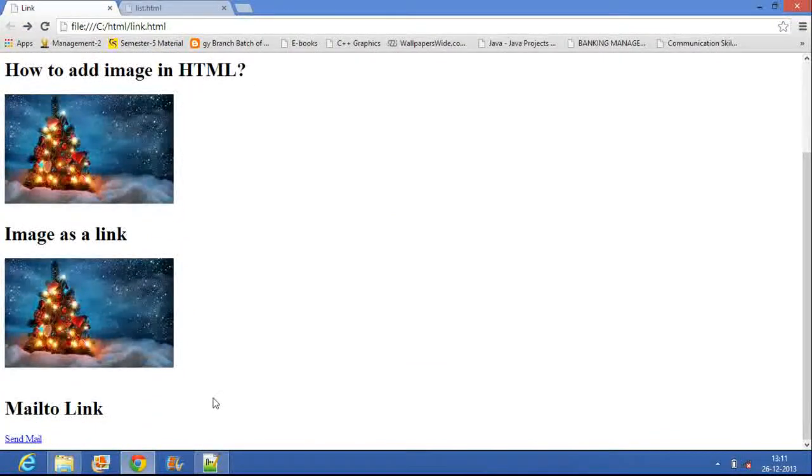Clear? Now I will show you its output. Look, the mailto link is created here, the Send mail link is created. Whenever I click on it, you can see the message in the taskbar. Look, concentrate on this side: mailto and dhruvinsha16@gmail.com. You can see it here whenever the cursor is moved here. Clear? Look once again. You can see here dhruvinsha16@gmail.com, mailto, on the left hand side. Thank you.